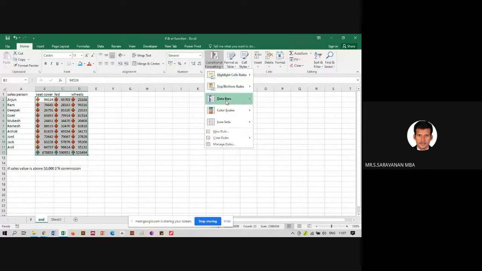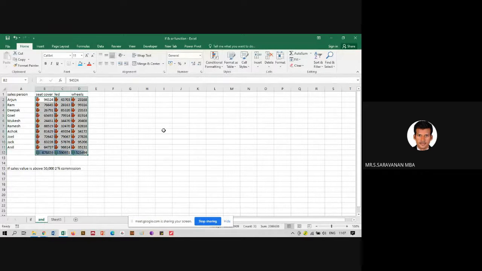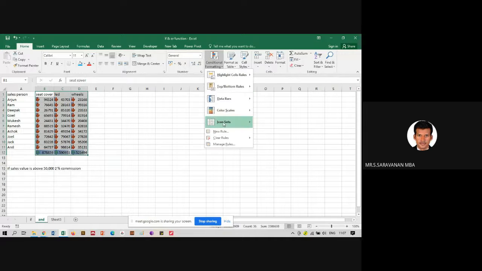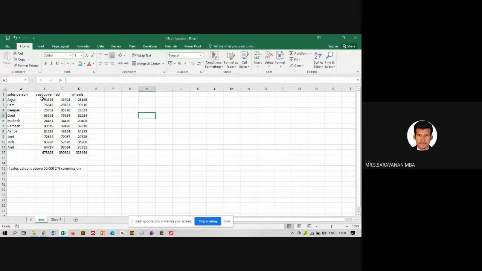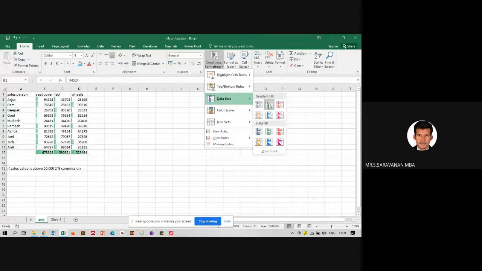There is something called color bars. If you do not want the condition, go to conditional formatting, clear rules for selection or the entire sheet. We will see selection. So there is no information available here. Click here, conditional formatting, data bars.